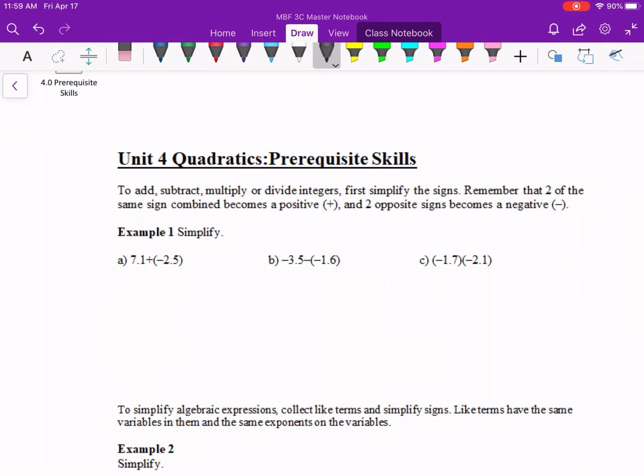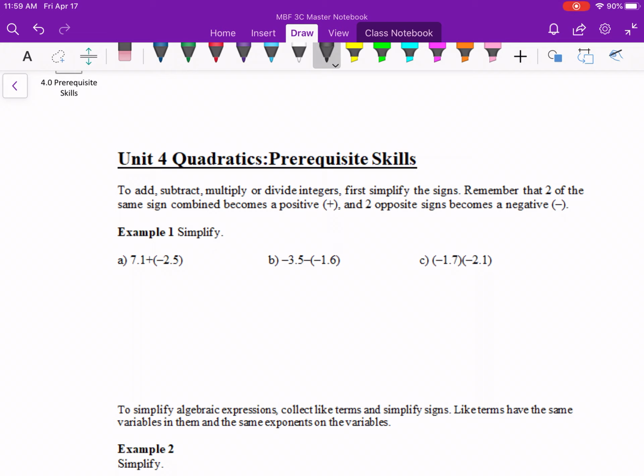This is the beginning of Unit 4, Quadratics, and today we're just going to look at the prerequisite skills, in other words, a review of some things that you've already learned in previous math classes to help you get ready for our quadratics. So the first thing I want to review is working with signs when we multiply, divide, or